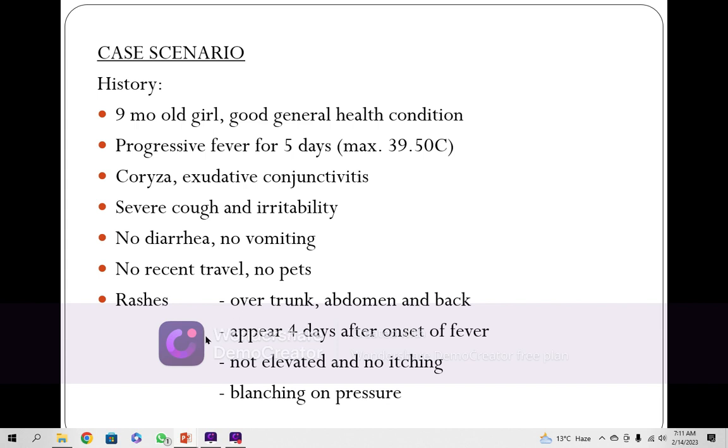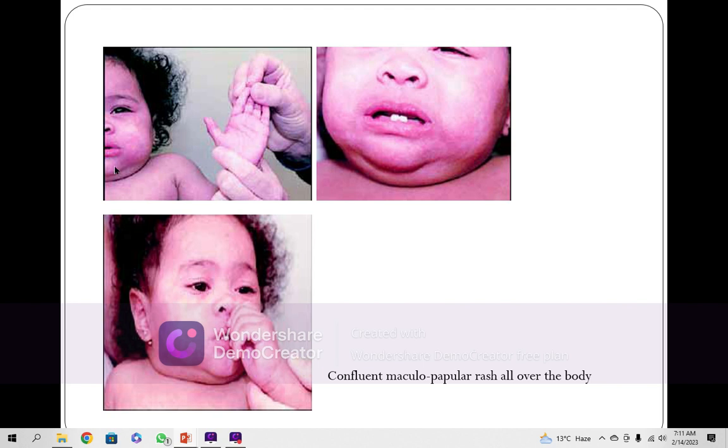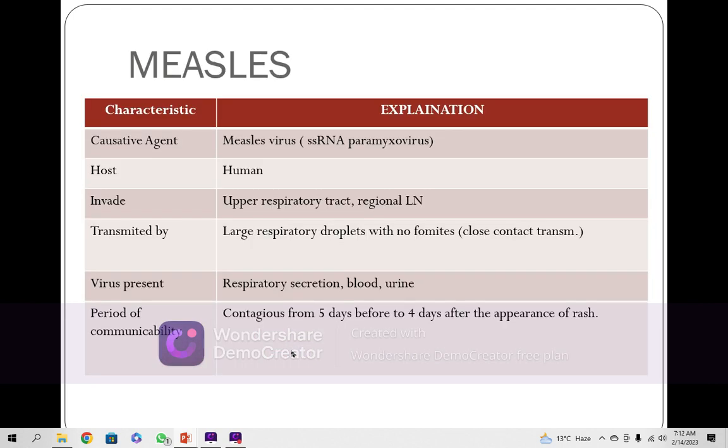So these types of rashes are seen. So it is a papular type of a rash, or it may be macular type of a rash, or maculopapular rash. In this girl, look, this girl of 9 months, definitely she has, look, the periauricular region and all this, and the hands also, complete maculopapular rash all over the body. Alarming situation for the parents. And this is a characteristic feature which was described in this girl